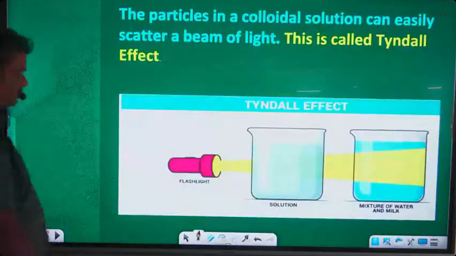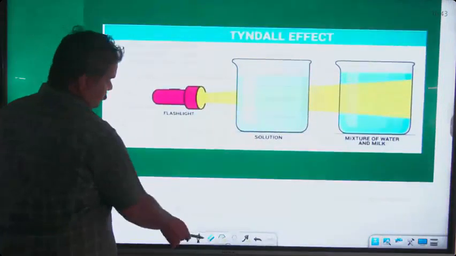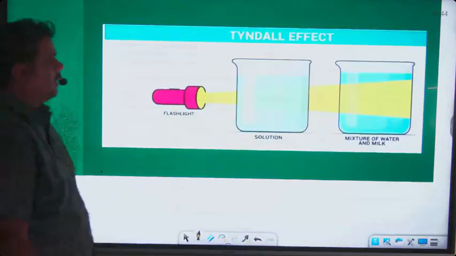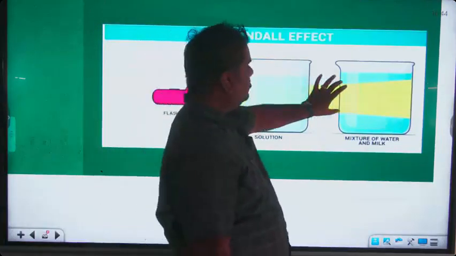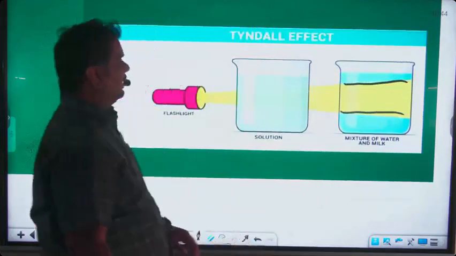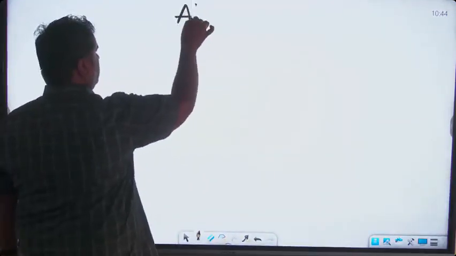Now here in this particular case, this is the case wherein you are able to see the mixture of milk and water. At the same time, the particles are getting scattered in one particular case, but in another the particles are traveling in a streamlined path, which we are calling the Tyndall effect. So this is about the very first topic, that is the nature of matter. Then moving on to the next topic,